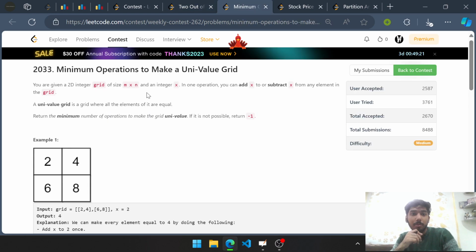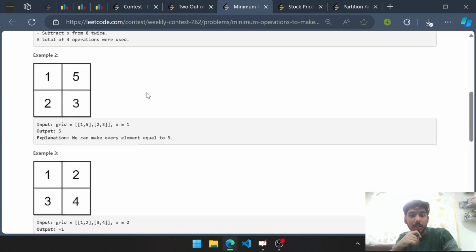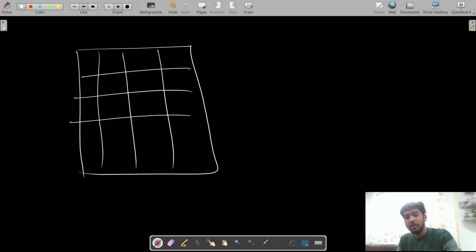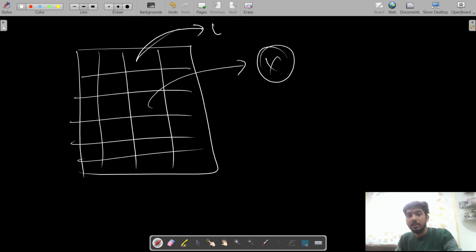So this is the minimum operations to make a uni-value grid. Right? So there are two things. First of all, let's say this is the grid, and the answer is x. And let's say a generic value is v. So for x to be the answer, you should be able to achieve x from v. Let me rename this: generic is a, and this is your answer, right? So a should be